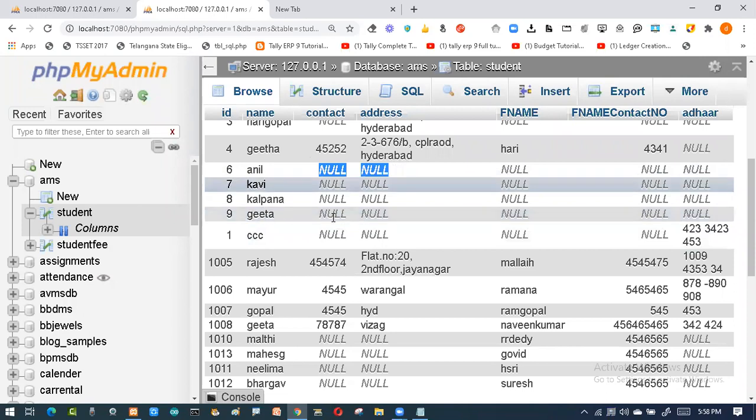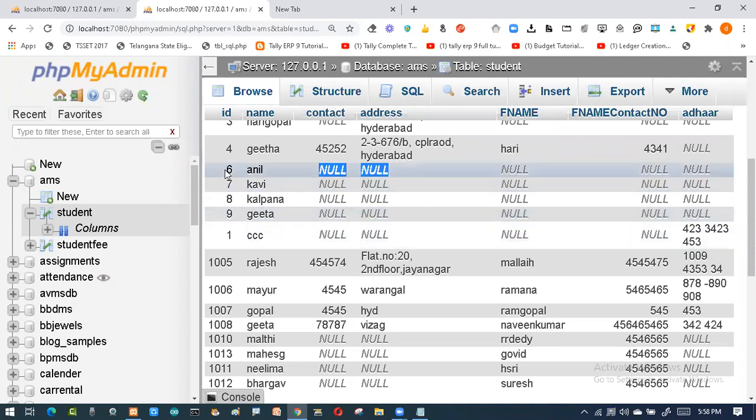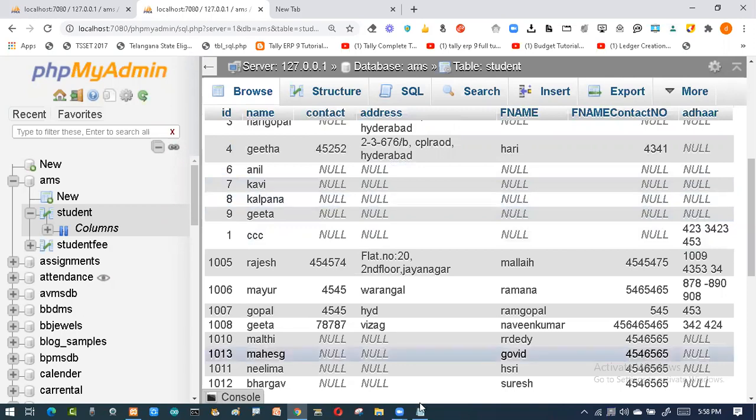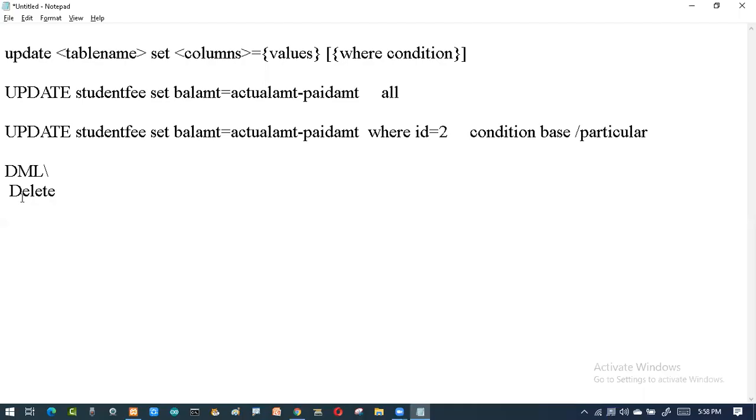If you have data, you update it. If you don't require it, you delete it. So remember the numbers 6, 7, 8, 9 are the ones I want to remove. So I'll use the command called delete. Delete is the command which is going to delete the information from the table. Now, this is temporary. So when I'm saying delete, I can go with the temporary option.